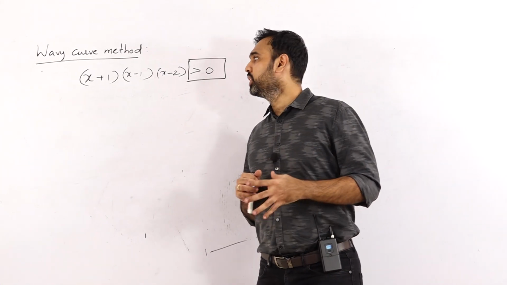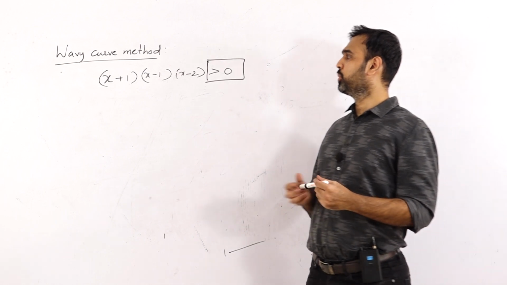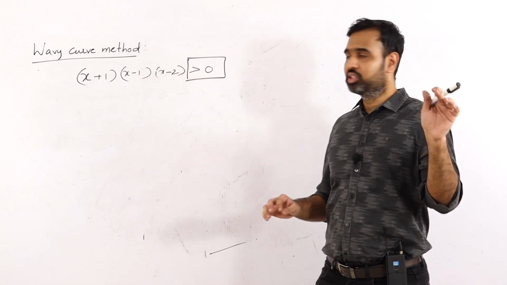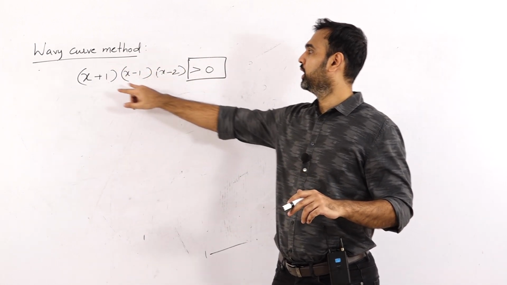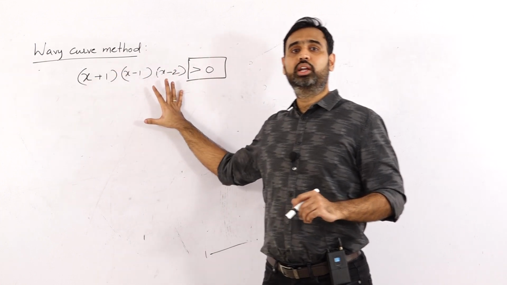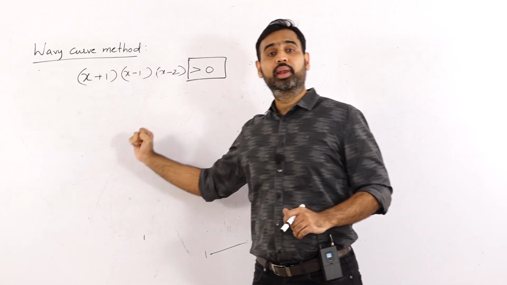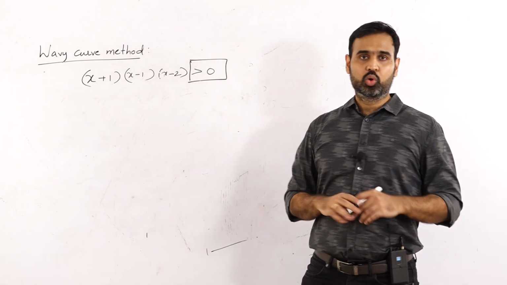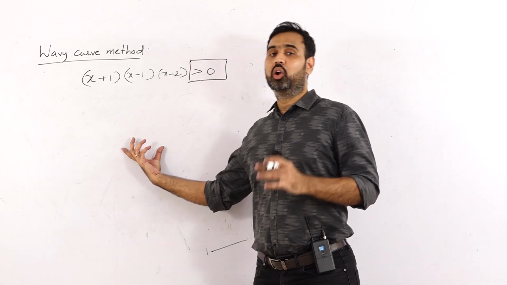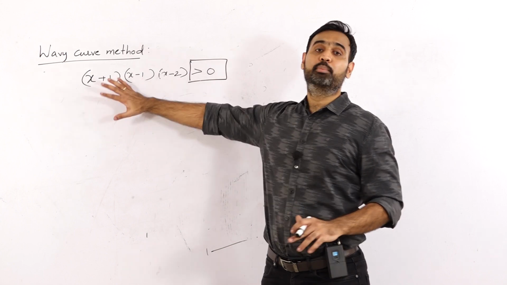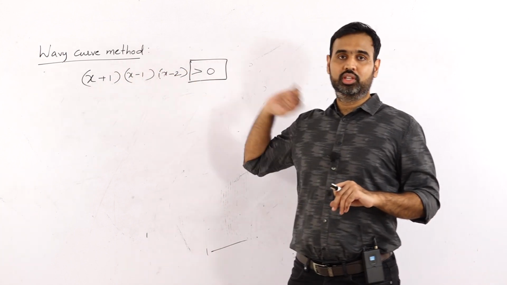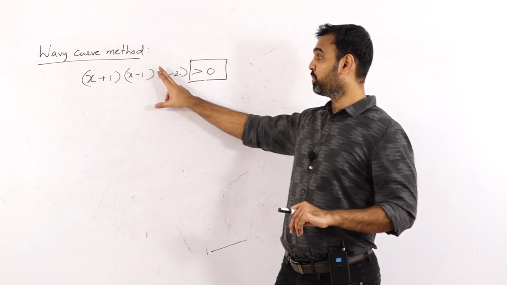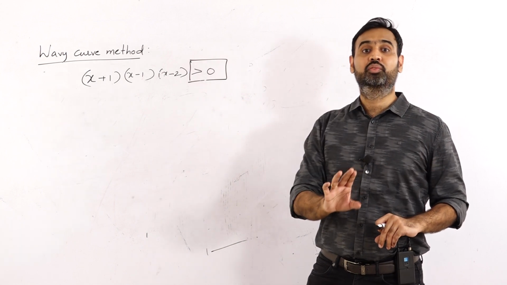So we were discussing the wavy curve method, and we were talking about alternating positive and negative signs. I have to give you a condition there: the powers of these linear factors in the given inequality should be odd to apply the rule of alternating positives and negatives. Remember that. The rule of alternating signs for the regions is applicable only when the powers of the linear factors in the given inequation are odd. If there is an even power, then that alternating sign will not be valid.